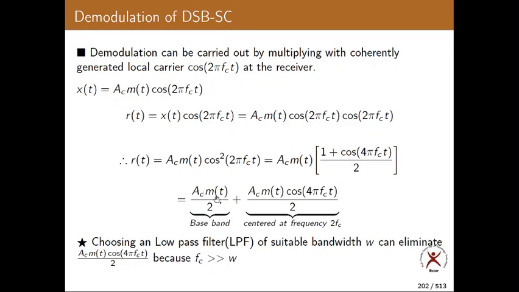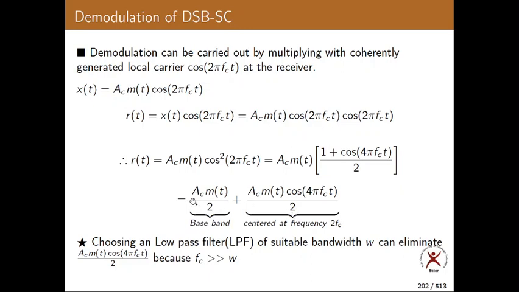But see, this is demodulation. What is the purpose of demodulation? Recovering m of t. Here we need only this m of t. That is our desired signal. We don't want this signal. This has to be removed. How can you do that? By passing this entire signal through a low pass filter of cutoff frequency how much?